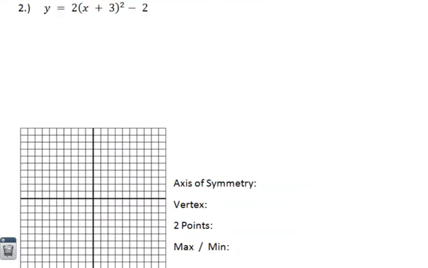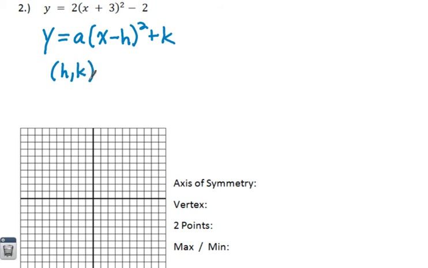Moving on to number 2. For this one, this equation is in a form called vertex form, and vertex form looks like this, where h, k is the vertex, and the a value determines, if it's negative, the parabola is going to be upside down,